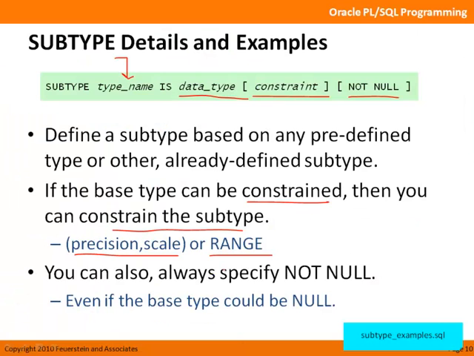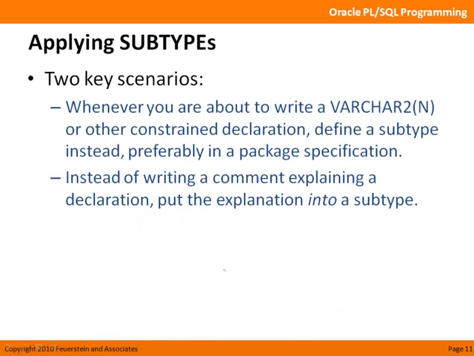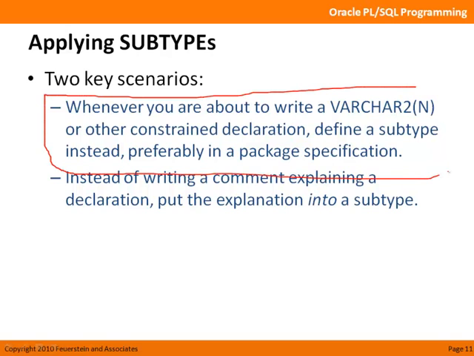And I find these most important and most useful when I'm working with my application-specific types. So first of all, generally, whenever you're about to write a VARCHAR2 declaration, a constrained declaration, stop and ask yourself, what kind of assumption am I making here? Is it really possible to say it's never going to be bigger than 300? Or am I always going to declare my variables to be like 32, 7, 6,